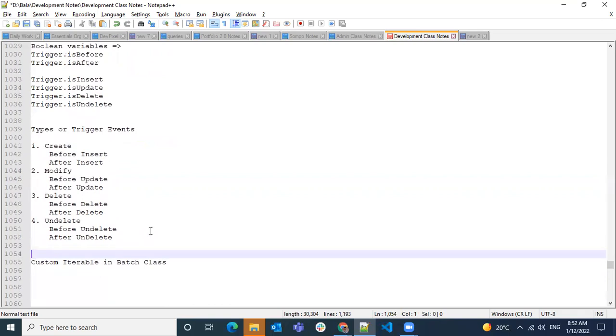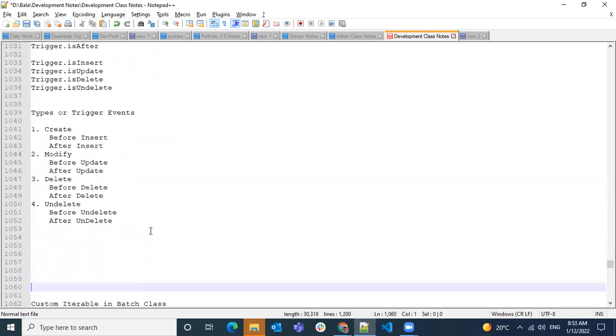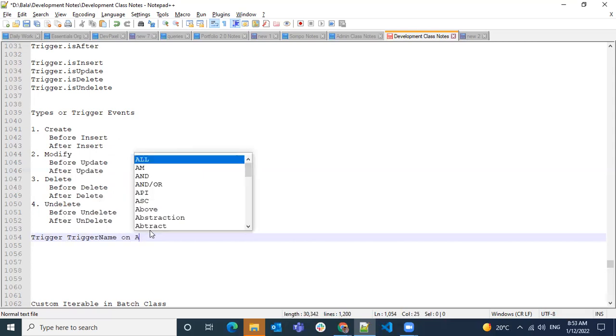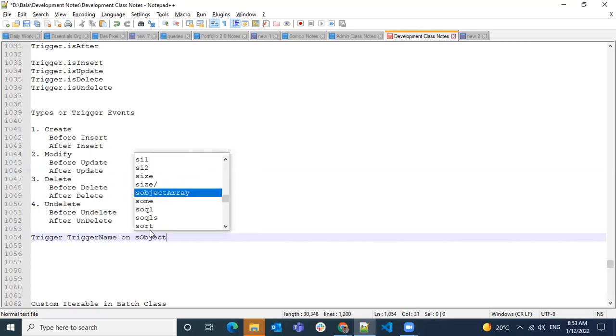It may be more than I was giving over here, but I will try to explain some more tomorrow. It will be kind of a rough sketch that I was trying to explain. The syntax will be: trigger, then our trigger name, on your sObject API name,